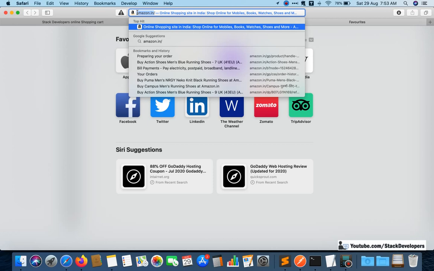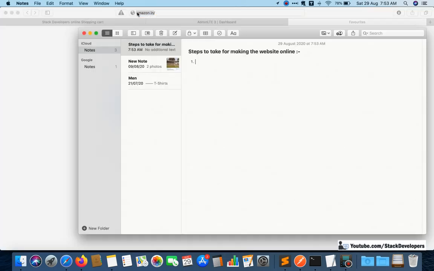You can buy one of your choice, but you need to see whether it is available or not. If someone else has already bought it, then you can't buy it. So the first step is we will select and buy a domain for the website.